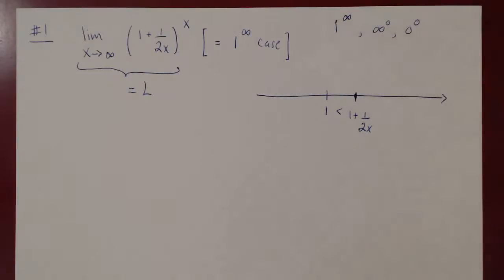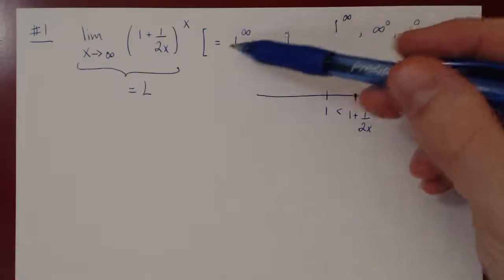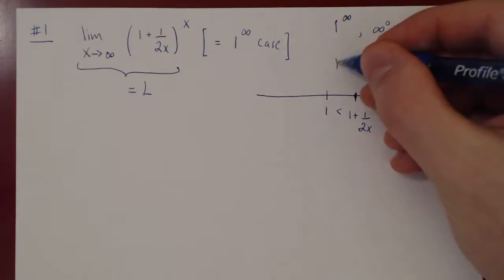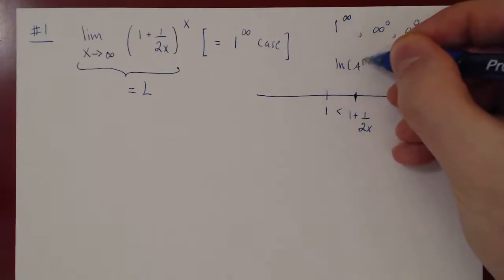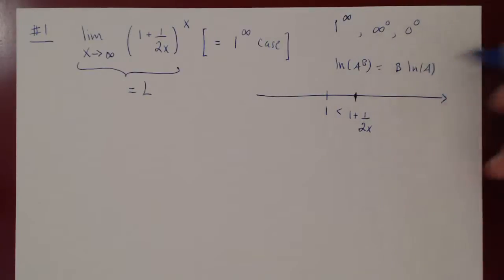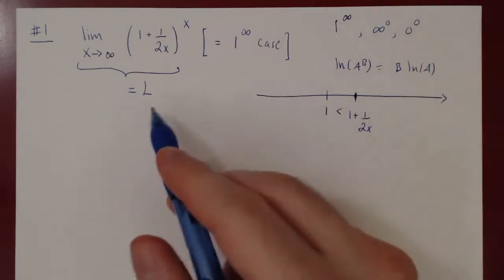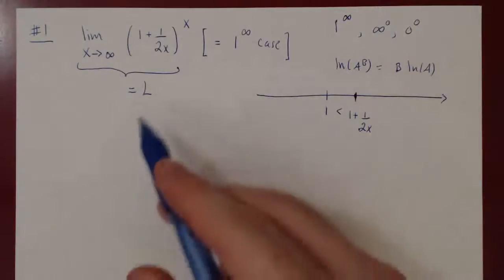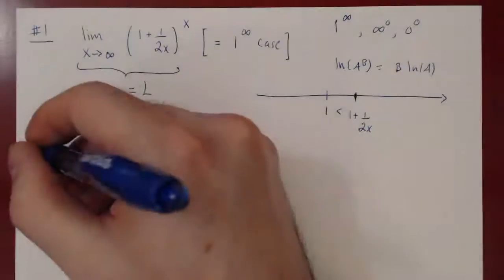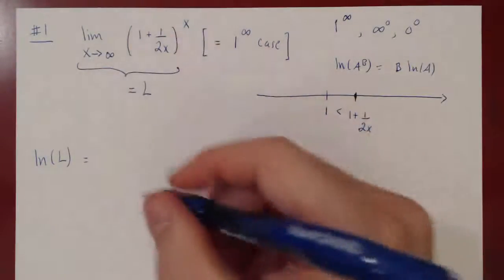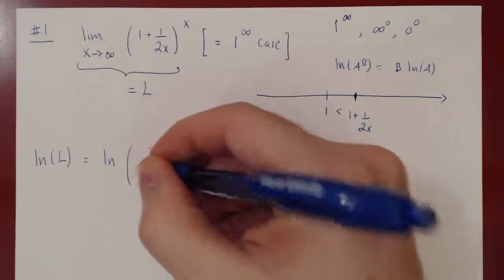Well, think of which function allows you to bring exponents down. That function is the natural logarithmic function, because the ln of a to the b is just b ln of a. So what we'll do here is we will find the ln of L, and then in the end solve for L. So the ln of L, well, L is the limit, so it's the ln of the limit